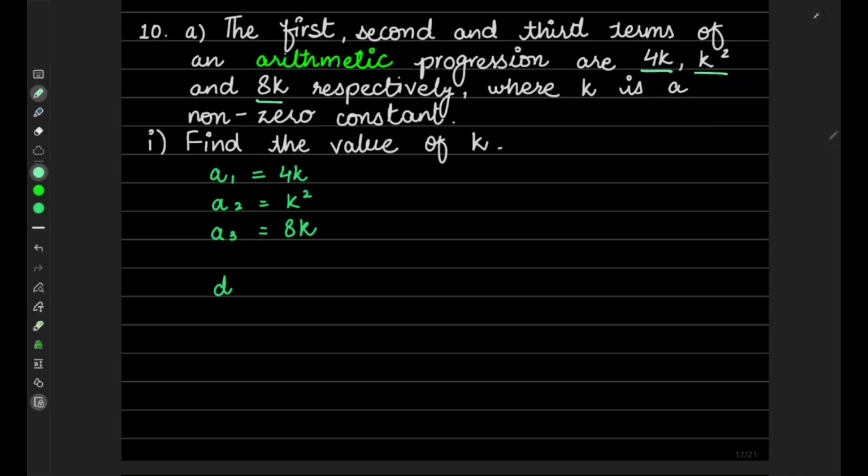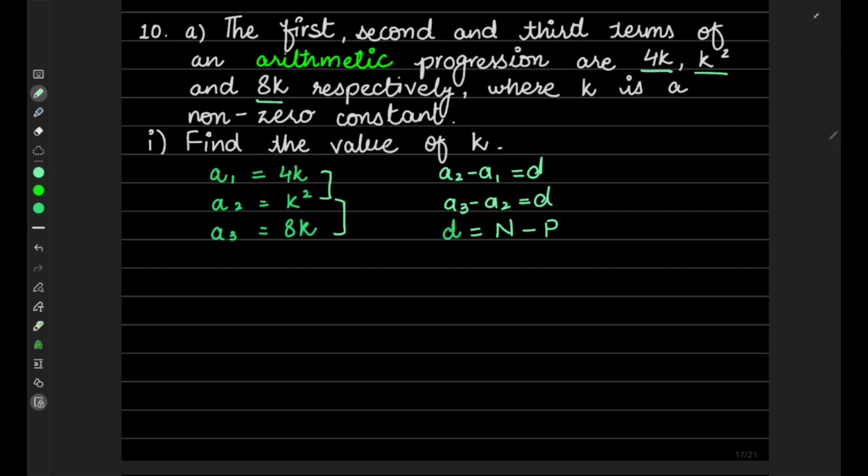We can find it by doing next term minus previous term, like any next term minus previous term, 3 minus 2 or 2 minus 1. So when we are being given three terms in some variable form, let's equate them, because A2 minus A1 will be equal to D, and A3 minus A2 will also be equal to D. So we can equate A2 minus A1 equals A3 minus A2. So doing that,